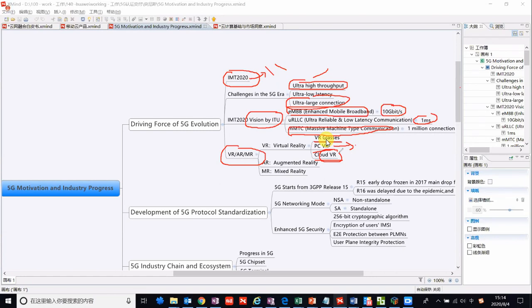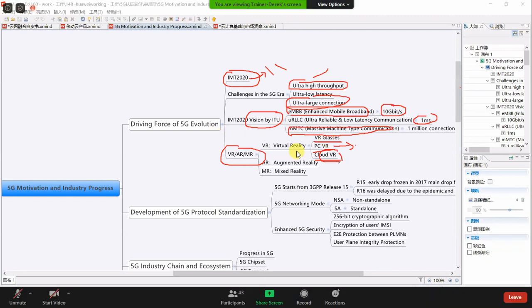We just use a terminal like VR glasses to see the HD video. So the terminal is cheaper and easier. So cloud VR maybe will be popular in the future. Cloud VR needs high throughput, and 5G can meet this requirement.